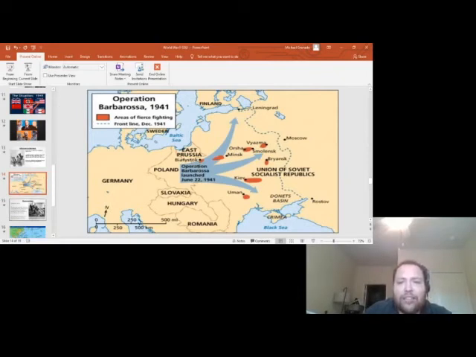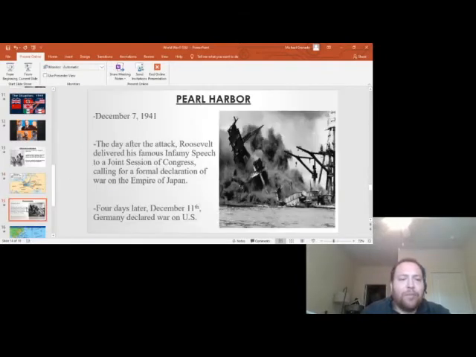It's a really nasty, brutal war between the Germans and Russians, and both sides will see massive, massive casualties. In fact, most of the casualties during the Second World War will happen on this Eastern Front. All right, so two major events of 1941. The first, Operation Barbarossa. The second is the bombing of Pearl Harbor.